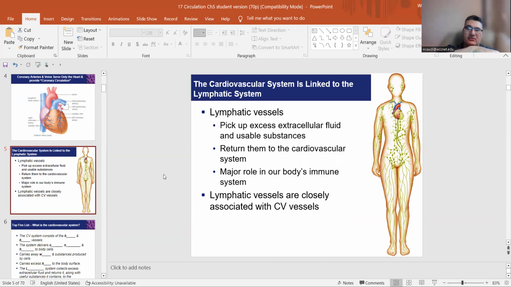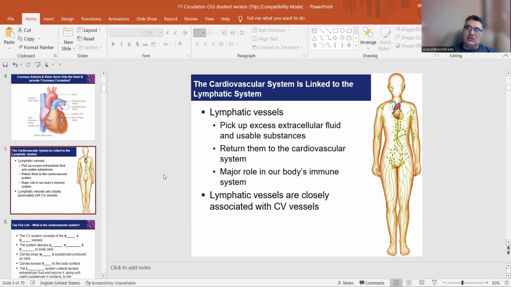So it leaves delivering the oxygen and nutrients to the cells, and then goes back to the capillaries, back to the blood vessels from the other side. The idea is the amount that leaves the capillaries to go to the cells